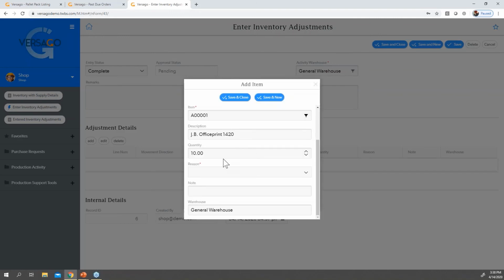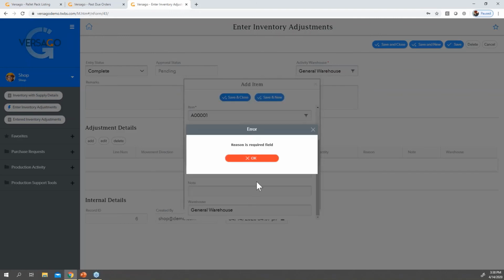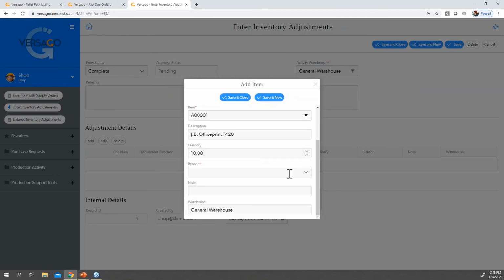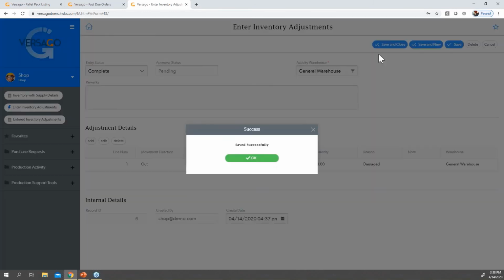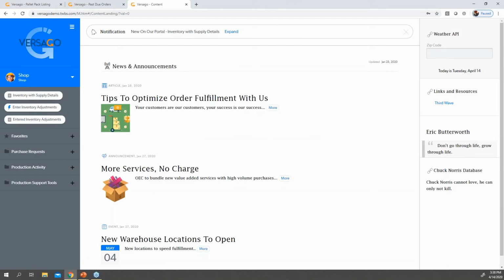You can see that we can have validation. So it says reason required. So here I have to say what happened to that item. So now I can say save and close, and then that would workflow to the users. Why is this important? Why is it important that we can manage an inventory adjustment like that in real time? Well, if you remember, if the customer's seeing what we have available, it's really important for us to stay on top of what we actually have available in stock.